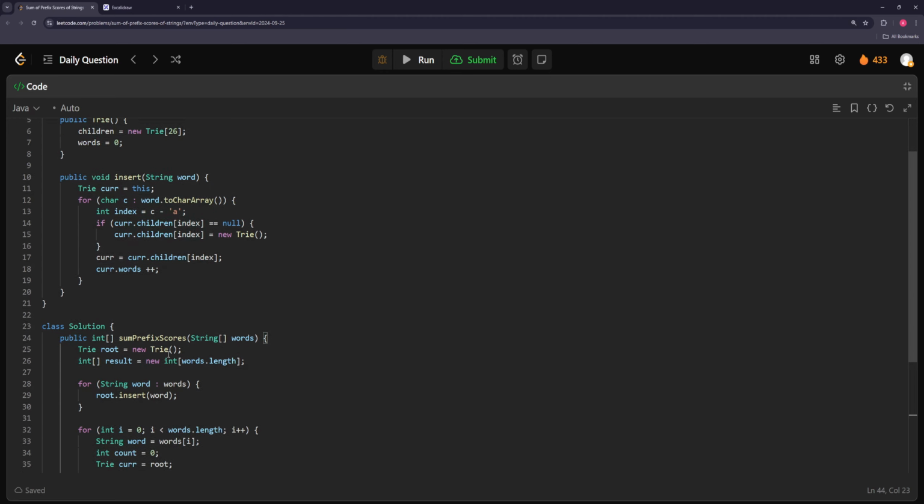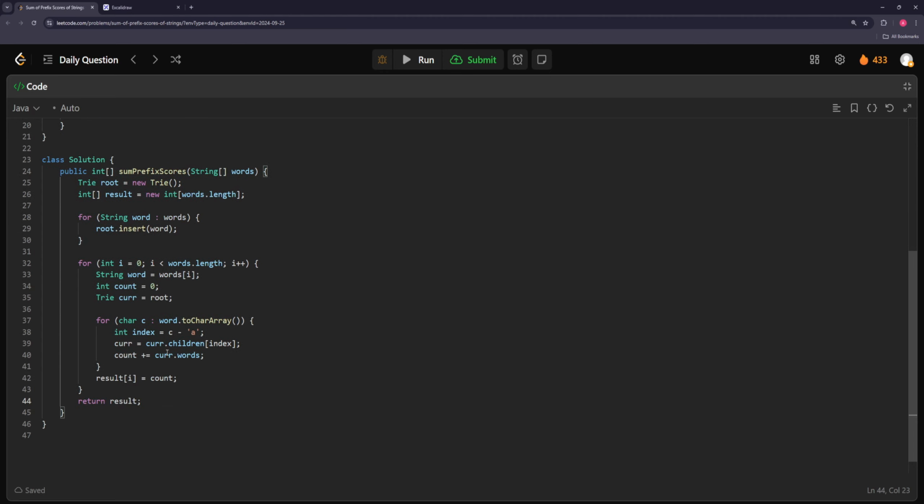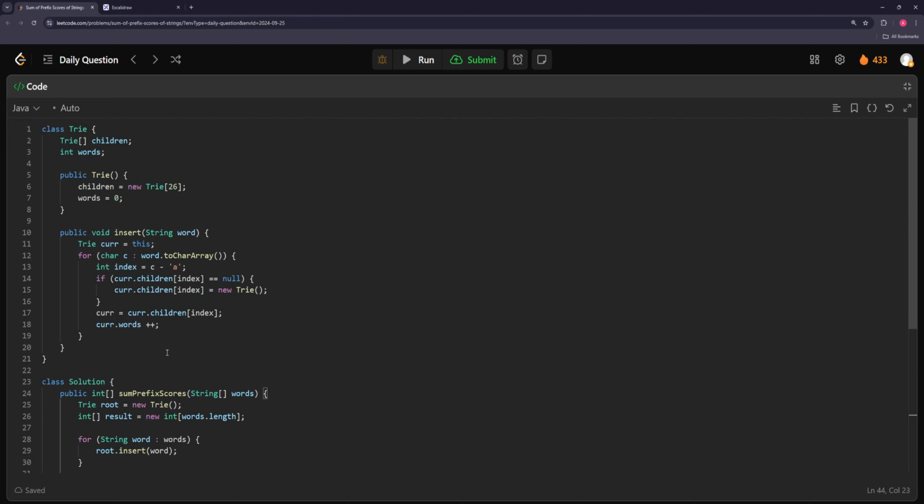So actually, I think if you know how a trie works, this is definitely not a hard problem. It's pretty straightforward medium. If you don't know how a trie works, the solution might be a little bit trickier. I didn't think how to do it without it. It definitely might be trickier. But I do think it's worth learning a trie. I think it solves a lot of kind of unique problems. It's not a very hard data structure. It's literally just a class that has two